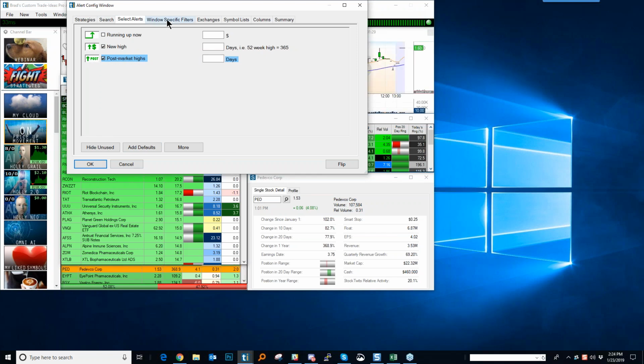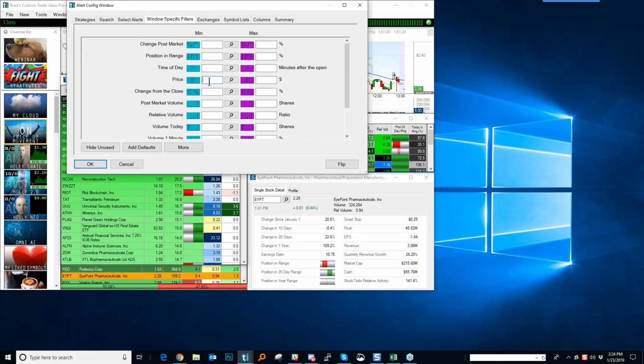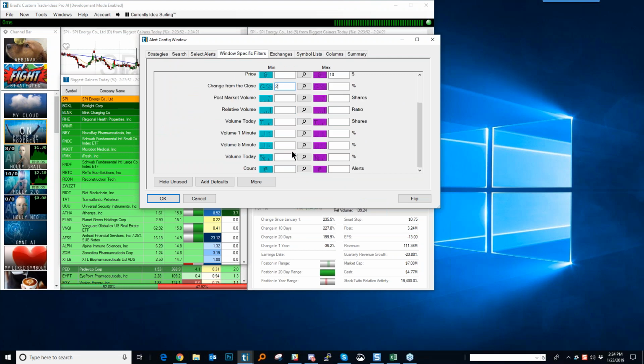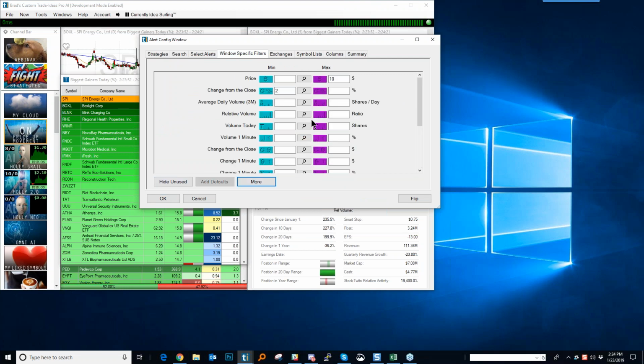But then I should add some filters. Most people add a price filter. Maybe you want the maximum to be 10, but anything up to 10. For these particular new highs, I also want it to be at least up 2% for the day. You can add your filters if you want to put in an average volume, like add your defaults, and there's an average daily volume. Maybe you want to look at something that's at least 1,000 shares, and once you've built that, you've got your